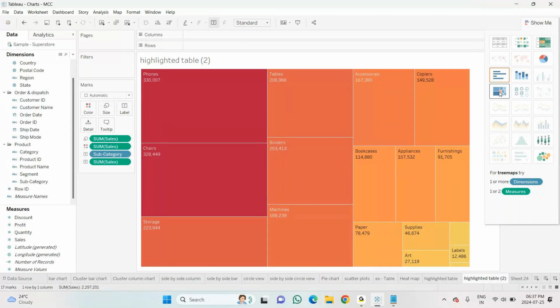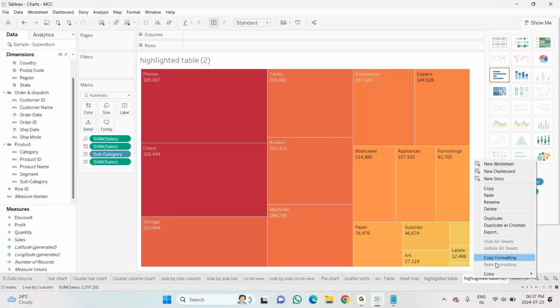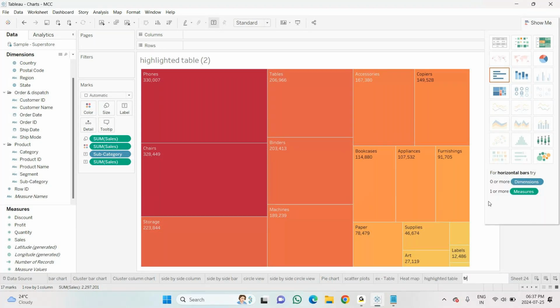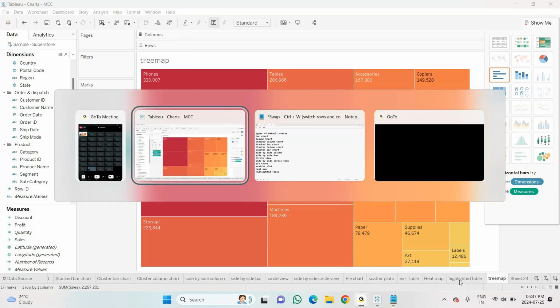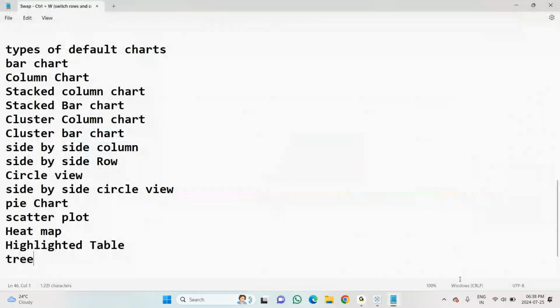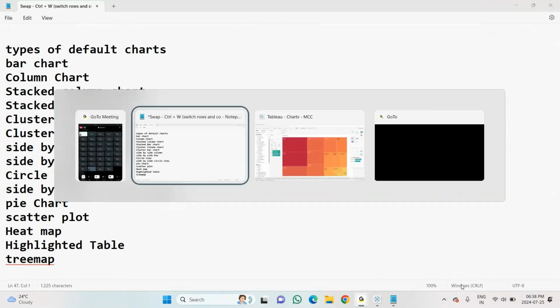After converting into tree map, then what did I do? I have taken a sales value and dropped it into labels. Just renaming this as tree map. You can try this.